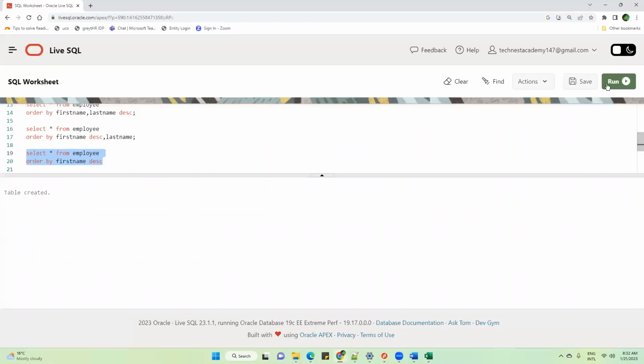Okay, got it. I will run this. Now see here, Suraj Mathur is at the top and Suraj Mukherjee is after that. So maybe next time if you execute, Suraj Mukherjee will be at the top and then Suraj Mathur.